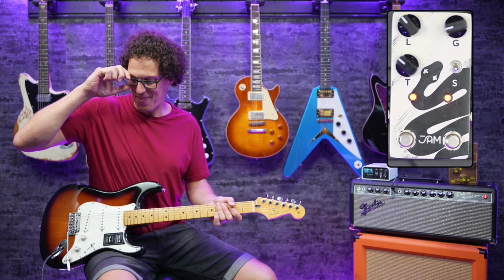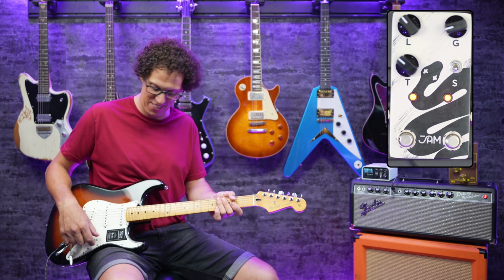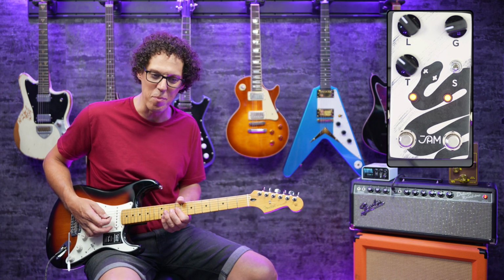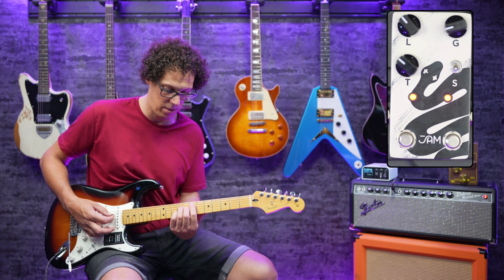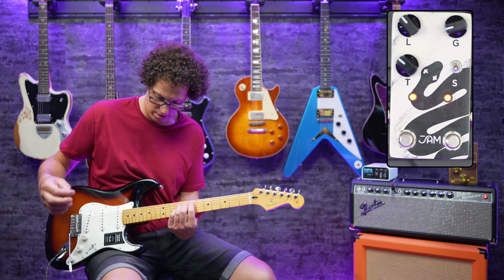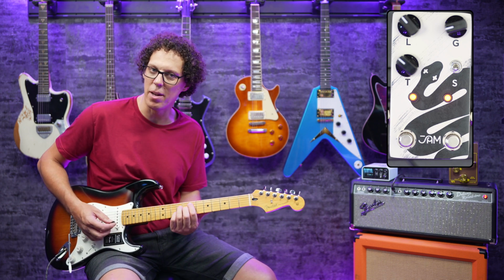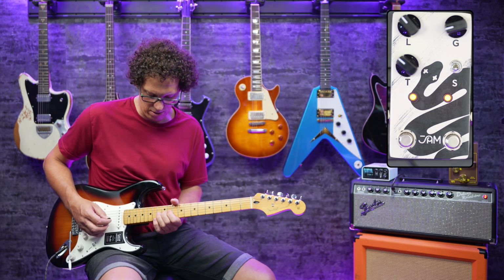Another sound that makes me smile, I've got tone and volume around halfway on the neck pickup of this Strat, and it sounds just like a Fender sort of small amp. Maybe a bit too much hair on that top note. But then bring that volume up and you've got...